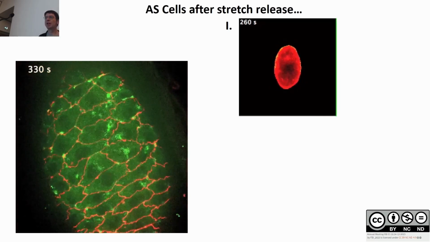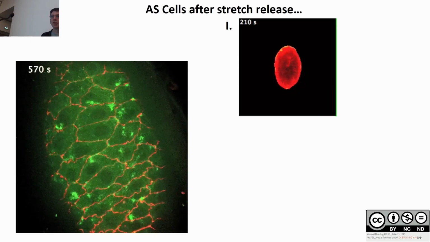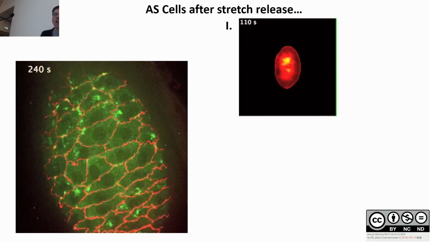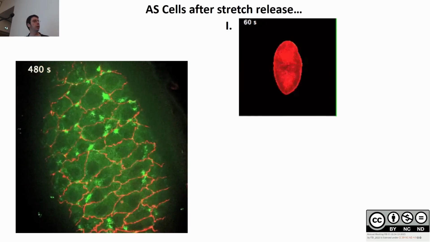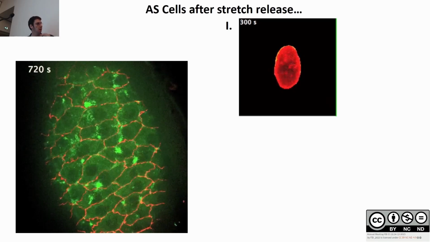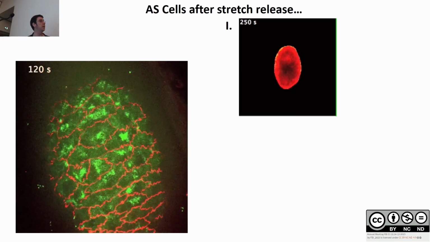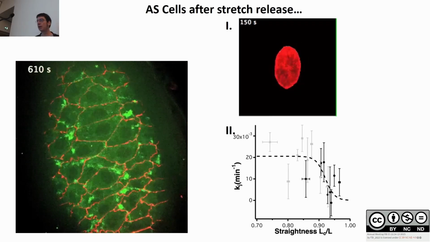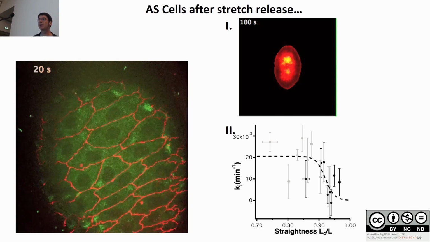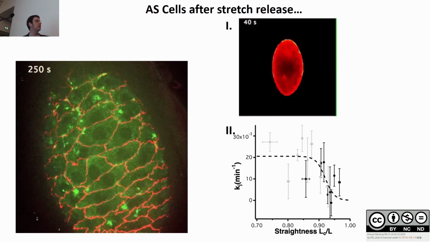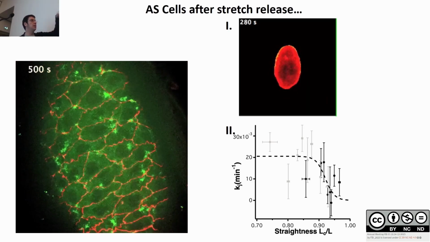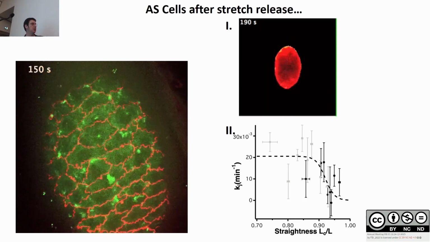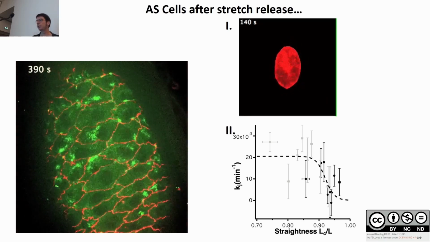That's average cell resistance. Another thing that is interesting, and I want to highlight, is that when we release the stress, the junctions are very wiggly. There are a lot of wrinkles, and those wrinkles are removed really quickly. And this is something that we quantified. We quantified the junctional removal as a function of the straightness of the cell, and we observed that this as well seems to be mechanosensitive. So if the junction is wiggly, endocytosis takes place very quickly to remove junction. If the junction is straight, there is no removal. Okay, so that's what is quantified here.